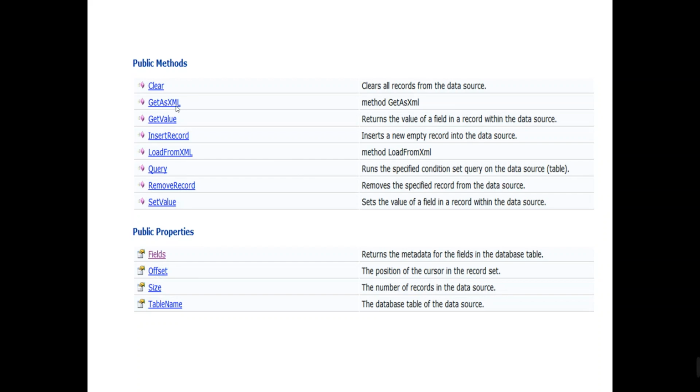But even if you have any problems while using any methods or any properties of this data source, you can text me or you can put a comment. I will try to share a new video on these. So now move to the next point, the next slide.